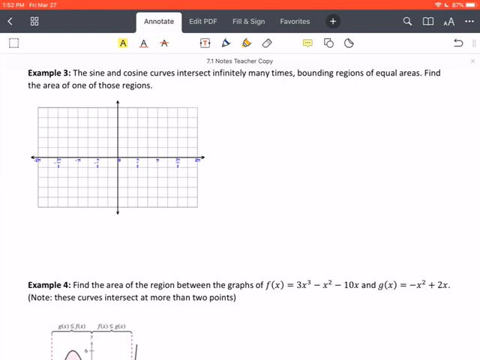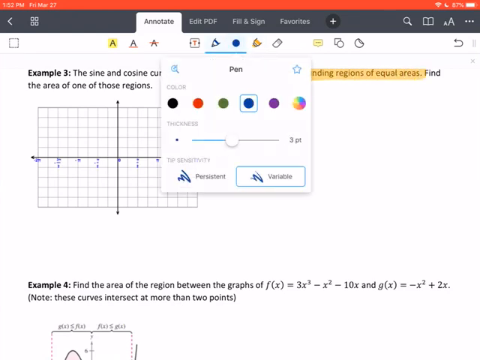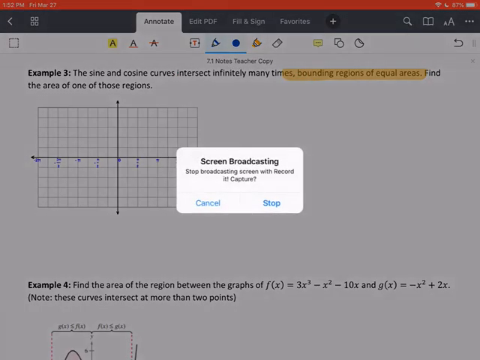Okay, we can envision that if we're graphing y equals sine x and y equals cosine x, they're going to intersect infinitely many times. But periodic functions have kind of symmetry and repetition, so every region is going to have equal area. So they just want us to find one of those regions. So we are going to go ahead and